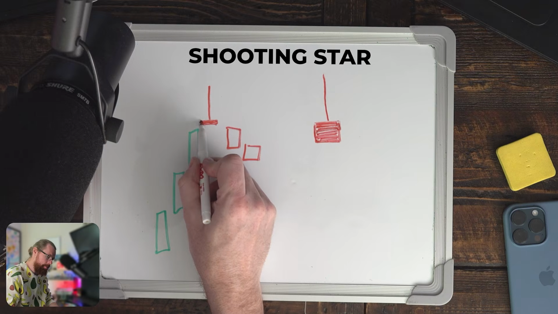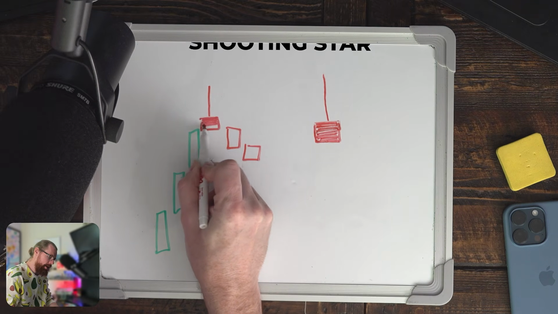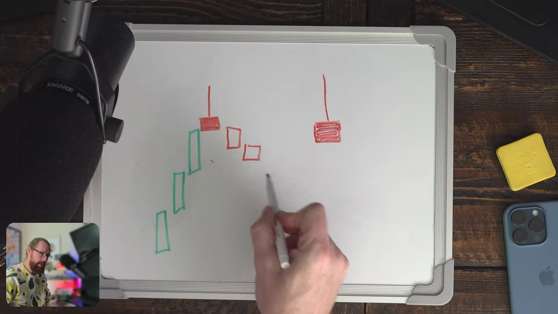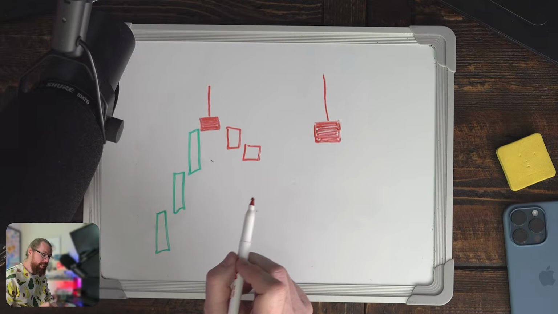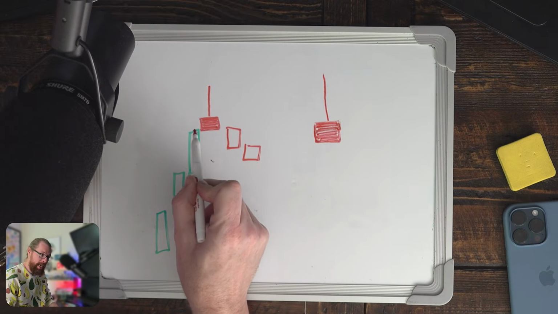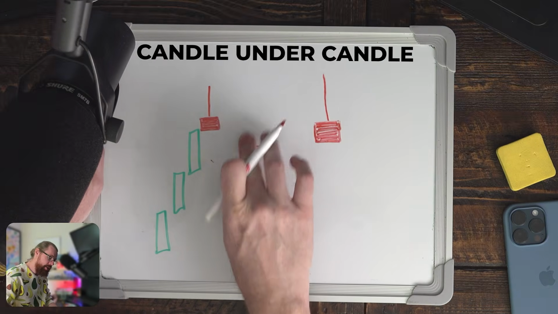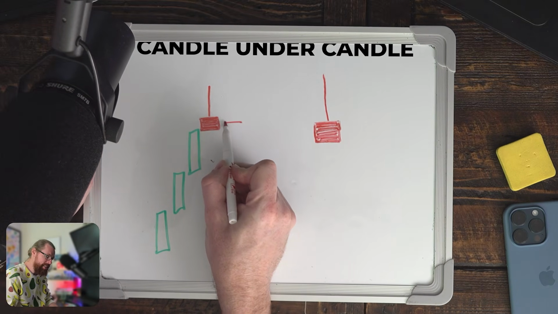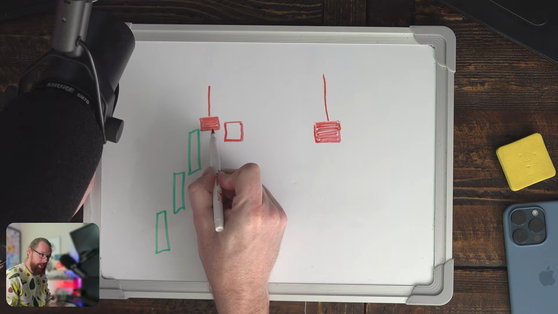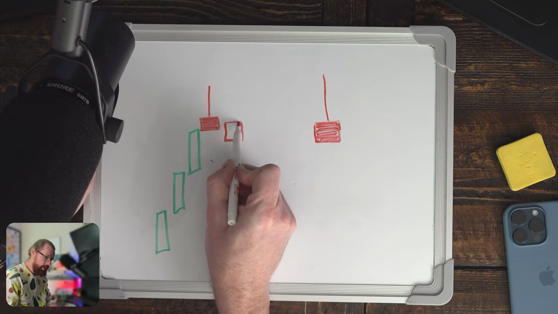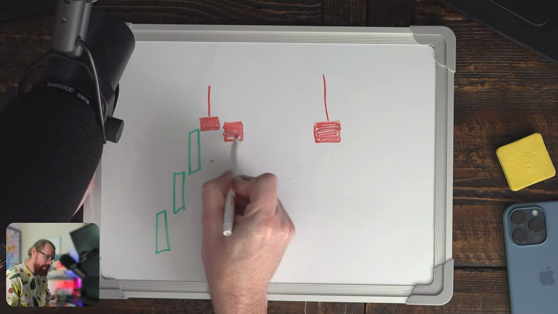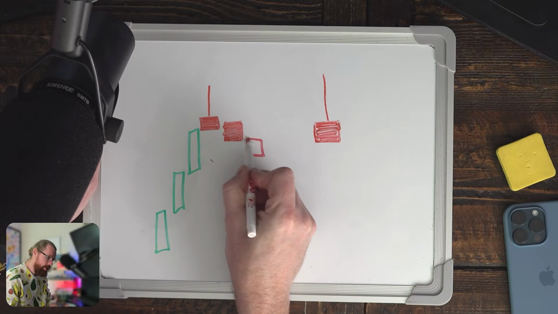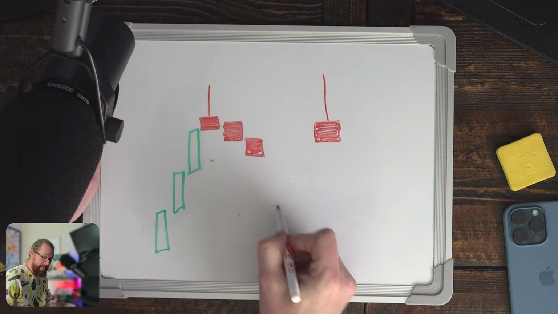Why do you think we call it a shooting star? It's because this candle, when it occurs at the top of a move like this, usually is an indicator the price is going to come back down. However, what we need in order to confirm that this indicator is in fact correct is that candle under candle pattern. So the next candle will open and it needs to break the low of this candle right here. It needs to break the close. So when that happens, the moment that happens, we now have a correction that is beginning. And then if the next candle breaks the low yet again, and the next candle yet again,